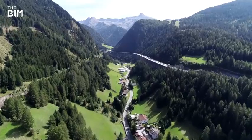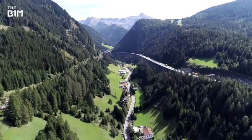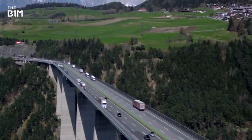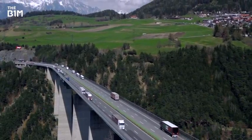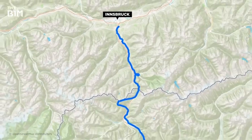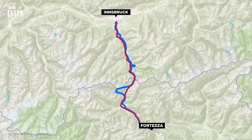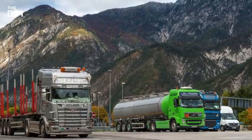Believe it or not, this picturesque valley is actually one of the most important links between northern and southern Europe. Sitting 1,371 metres above sea level, the Brenner Pass is the lowest passage through the Alps and can be used all year round. In 1867, the Brenner Railway was built to improve capacity, and by the 1970s it was joined by the E45 motorway, creating a major freight thoroughfare for traffic heading from the North Sea down to the Mediterranean